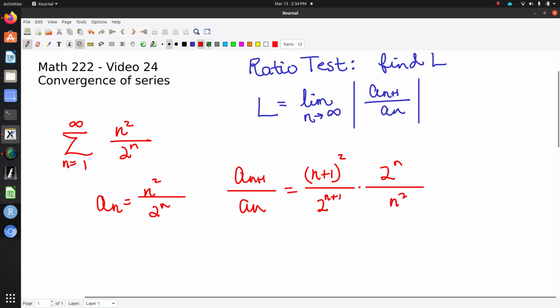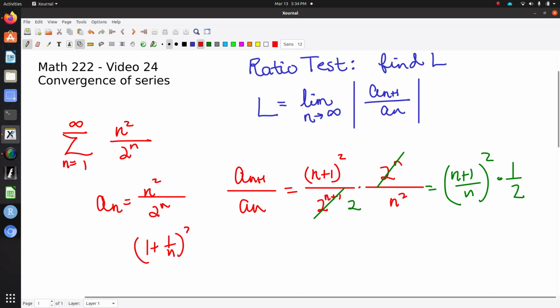Okay, now I'm going to do a little calculating and say, well, we get a 2 down here, obviously. But what about what's going on up here? I'm going to actually put this n squared back inside there. So I'm going to rewrite this as n plus 1 over n, square the whole thing. It's just going to make my life easier. And then I'm going to rewrite that as 1 plus 1 over n, that whole mess squared over 2. And now we want to take the limit as n goes to infinity of this mess, and now it's obvious